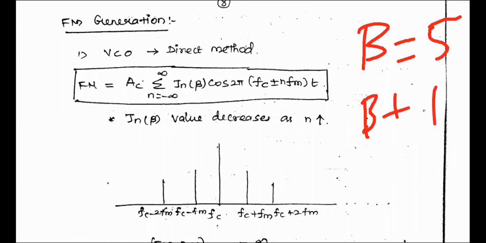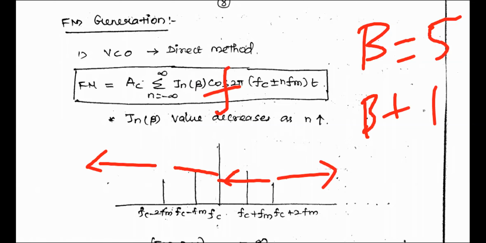Then what is he telling? You take 6 components in this direction. Anyway, because this is the center frequency. Please remember, this is not simply the negative frequency. This is the lower side frequency, because the center frequency is not 0. The center frequency is fc. So what is he telling? You first fix the beta. Then add 1 to that. You take that many components in the upper side band and that many components in the lower side band. Say here 6 components, and here 6 components in the lower side band.